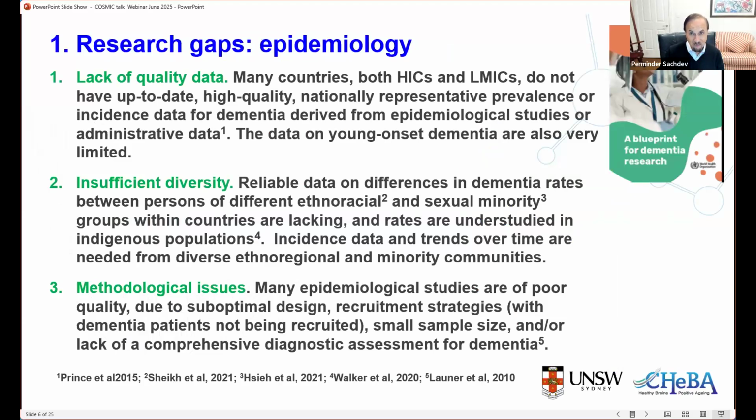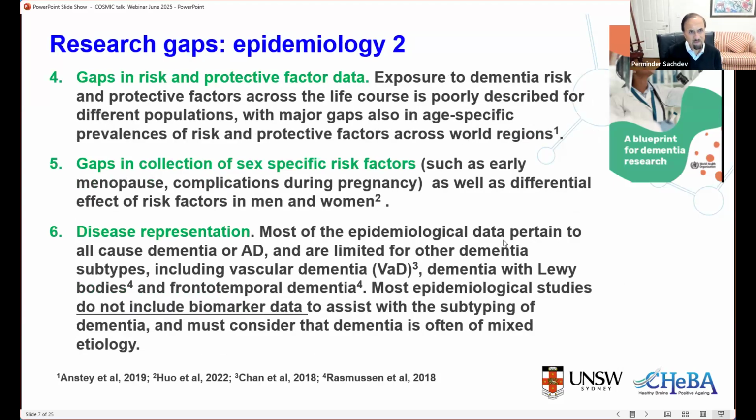So there are several gaps in our knowledge of epidemiology. If you look across the world, there is a lack of quality data, even in high-income countries. In fact, high-quality dementia data in terms of epidemiology are often lacking. There is insufficient diversity in terms of ethno-racial, sex differences, and many other factors. There are methodological issues in terms of the epidemiological studies that have been done. There are gaps in risk and protective factor data. As you can see, the